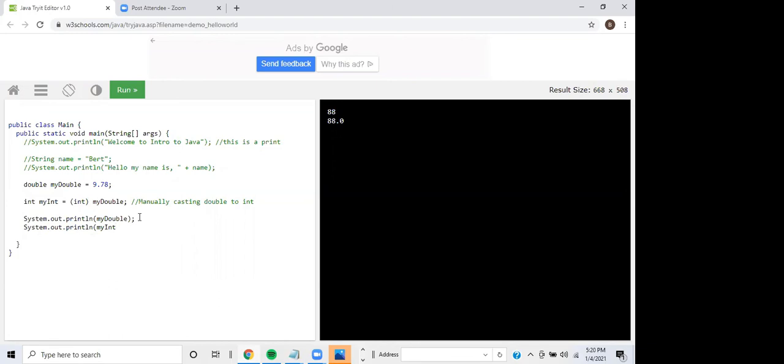All right, so we start with myDouble. It should print out 9.78, the value of myDouble. And then I manually cast myInt to be the myDouble value in the form of an integer, which should be 9. So if I come up here and I run this,